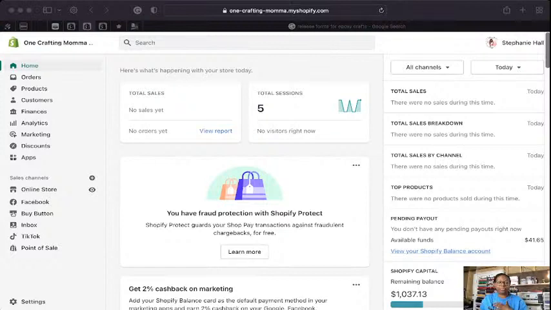I use Shopify. Here's my Shopify home screen right here. I run my mom's Shopify, I run my Shopify, and I also run my church's website. So I have multiple accounts that I am attached to, but here is Shopify. Over here is your toolbar. This is everything you have to do for your orders, your products, your customers, finances, analytics, marketing, discounts, and different